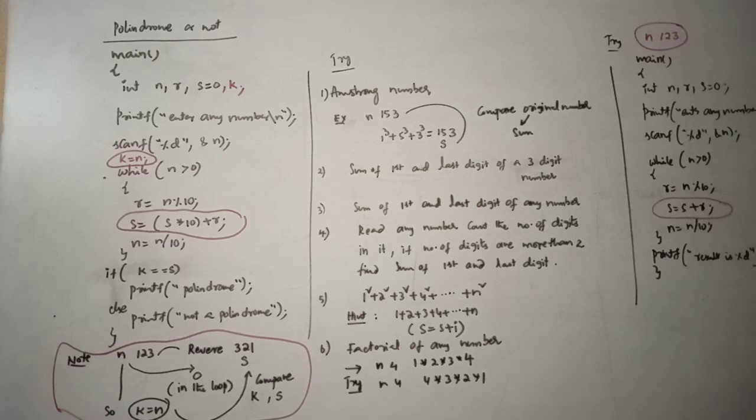Sixth one, which we already practiced, factorial of any number. If your n is 4, 1 into 2 into 3 into 4, but you try to write the logic for factorial of any number in a reverse manner, like if your input is 4, 4 multiplied by 3 multiplied by 2 multiplied by 1. Factorial of any number, we can write either as 1 multiplied by 2 multiplied by 3 multiplied by 4, or 4 into 3 into 2 into 1. We already practiced the first one in the first session. You try the second one.